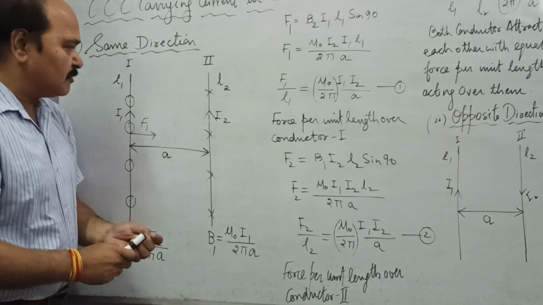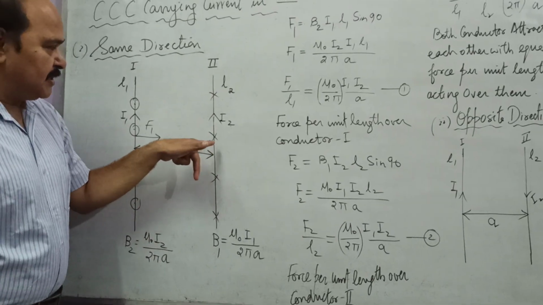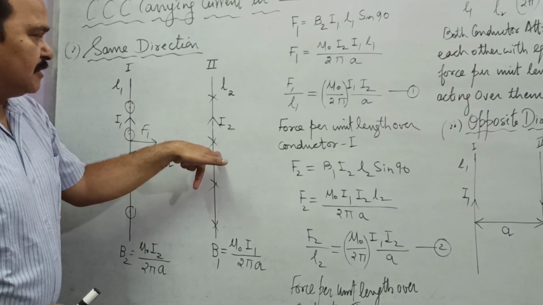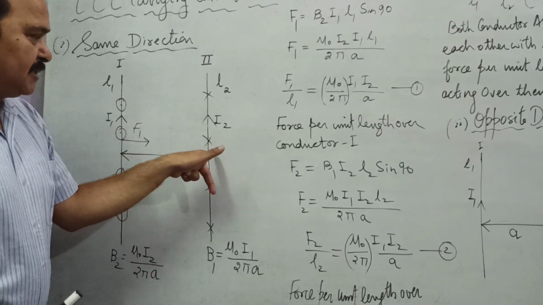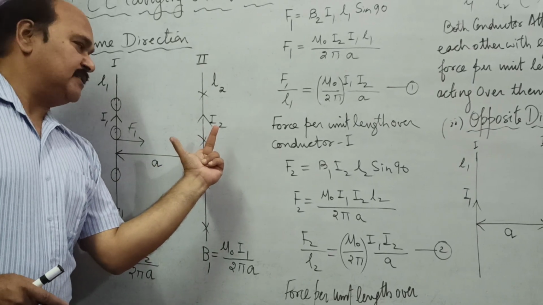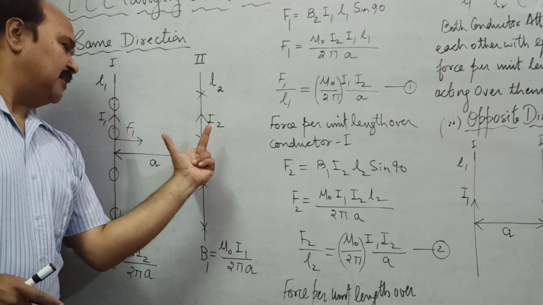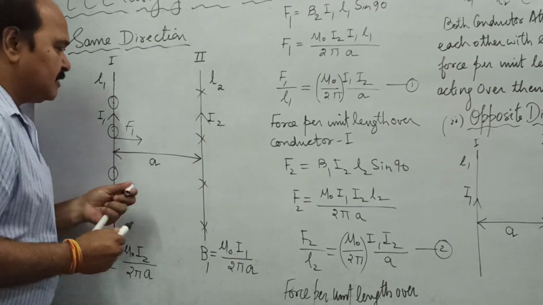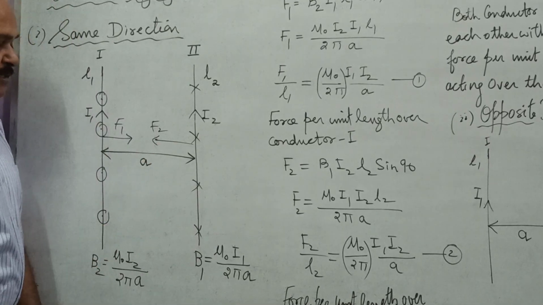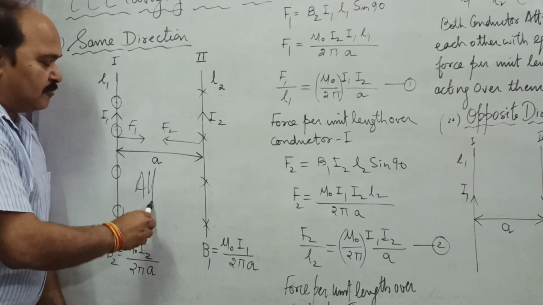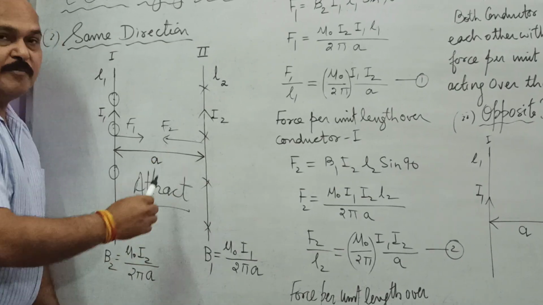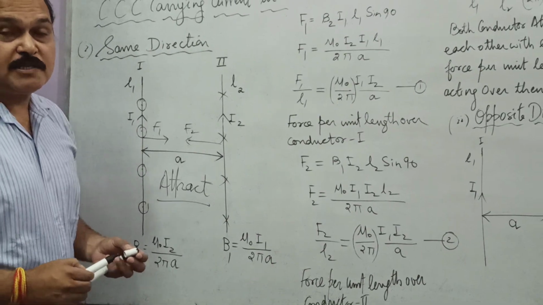Well, let us find out the direction of force here. Magnetic field here is cross. See, this is magnetic field, it is in this direction. Where is current? Without changing this index finger, let us take this tallest finger along current. Now where is thumb? Thumb is towards left. That means force over conductor number 2 is towards left. And you can see that both the forces are towards each other. That means the two conductors are going to attract each other because the forces over them are towards each other.